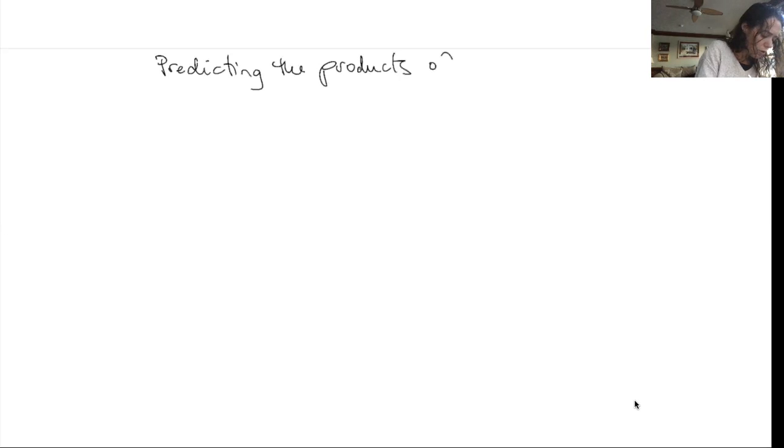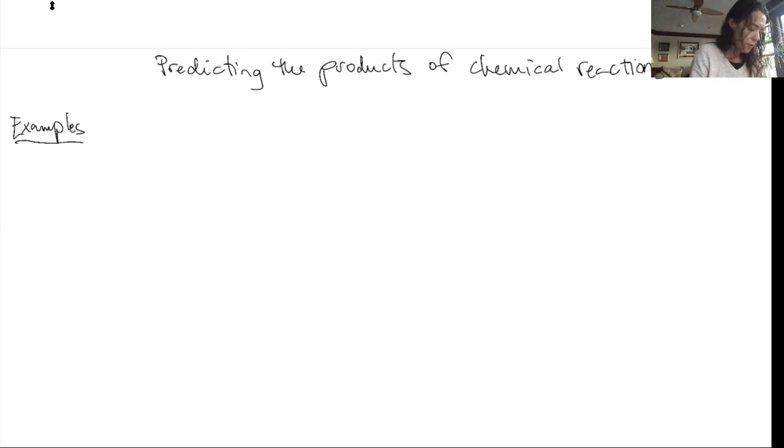Predicting the products of chemical reactions. In order to do this, you must be able to identify the type of reaction. So we're just going to jump into some examples. There's no other way to do it. So let's just look at examples and I'll talk about what I noticed with each example. All right, let's say that first example, I've got,